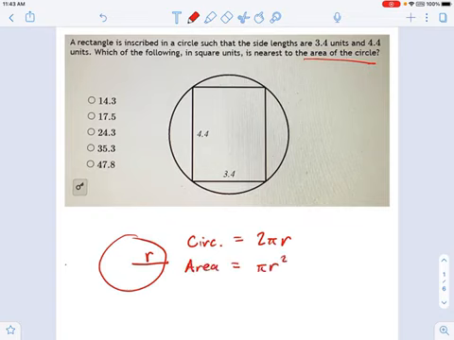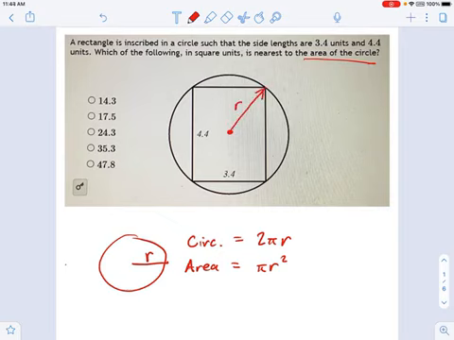I'm not sure which version you've got. You might have circumference, you might have area, but those two formulas are important. Well, what's the radius? We don't know. It's not given to us anyway, but we can figure it out. What I want you to do is take a look at this circle and imagine drawing a radius. If you draw your radius like this, not so helpful, because I don't know what that distance is. But if you draw your radius in a different spot, like this, well, maybe I can do something with that.